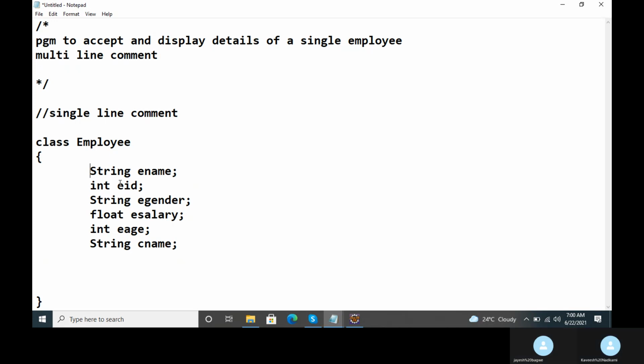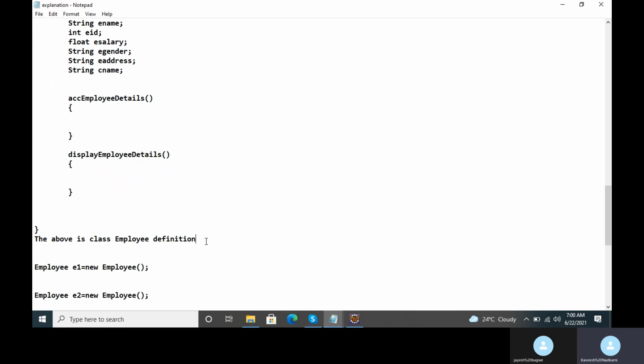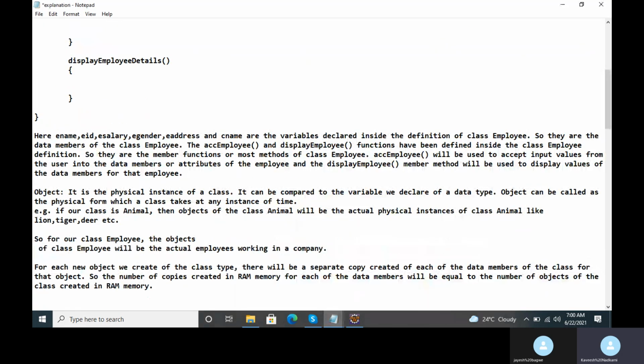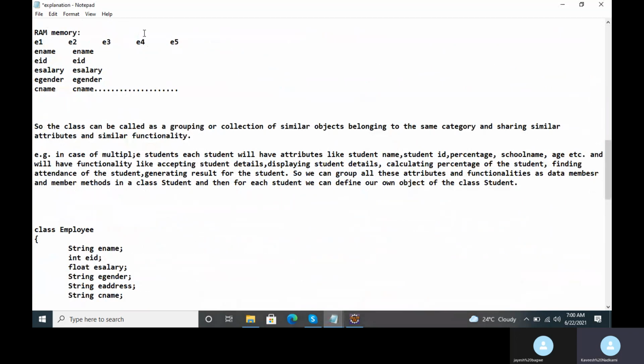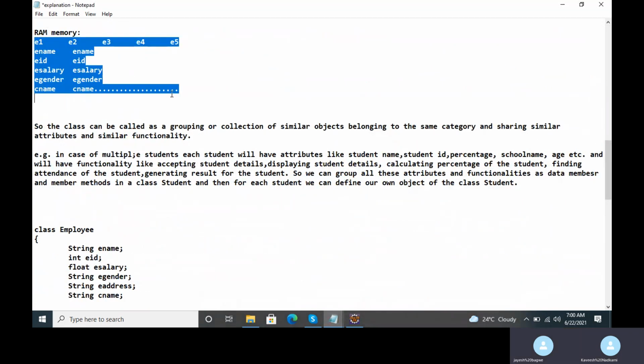Like I explained to you yesterday, suppose I have created 5 objects here, so there will be 5 copies created for each data member, where each copy, Jayesh, will belong to one of the 5 objects. Clear?